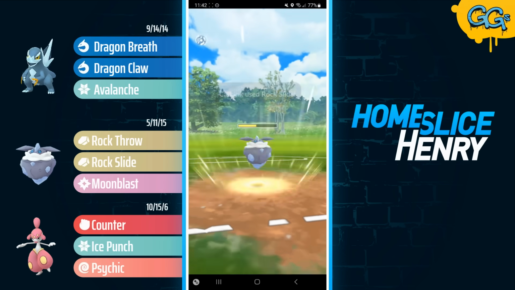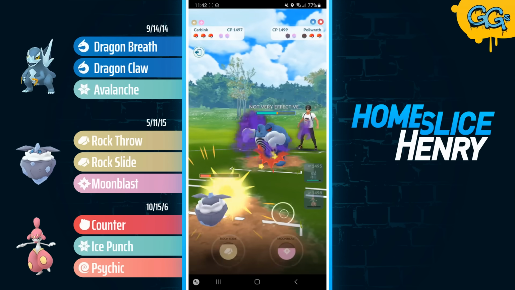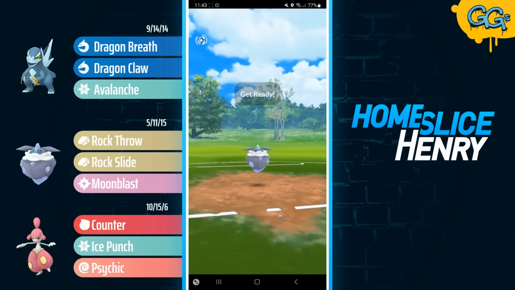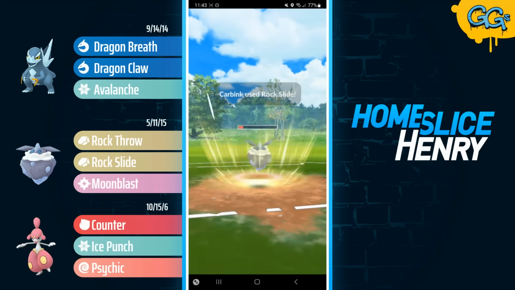I fire off the Rock Slide bait. Rock Slide will be shielded by my opponent. I continue to farm up with the Carbink. Opponent just going straight for the Power Up Punch, and this gives me an opportunity. I can make it to the Rock Slide. If they no-shield the Rock Slide, I can Dragon Breath down with the ARCTIBAX, but if they shield, then I